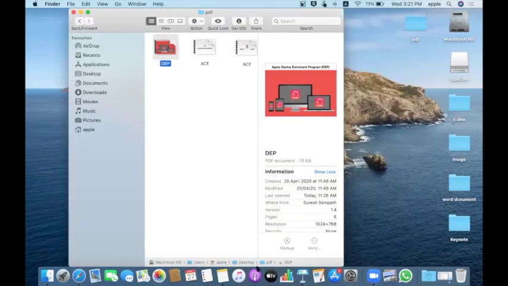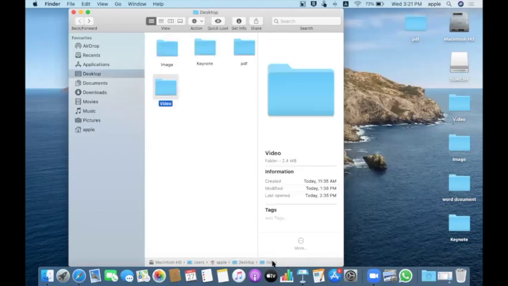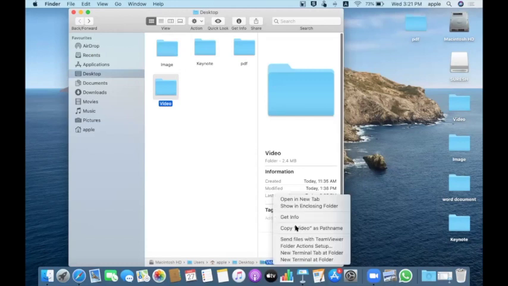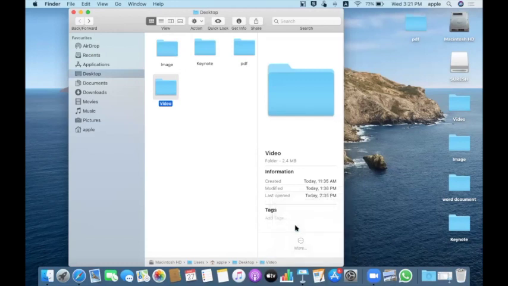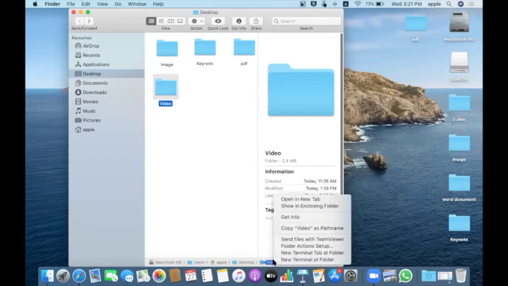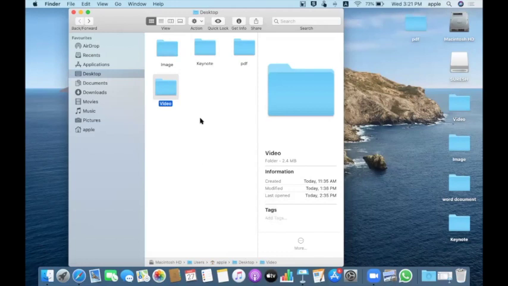You don't need to type it manually. Just select the file or folder, and you'll have the path here. Just right click it, copy the path name, then paste it. That's it. So it'll be much easier. Instead of typing or searching and getting the entire path, directly you can right click it, copy it, and paste it wherever you want.